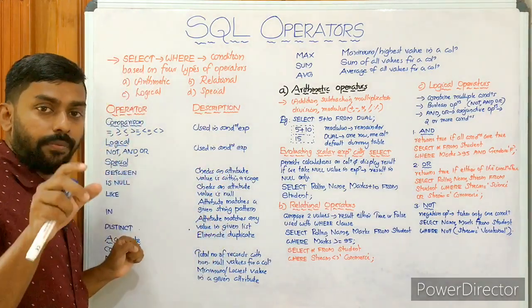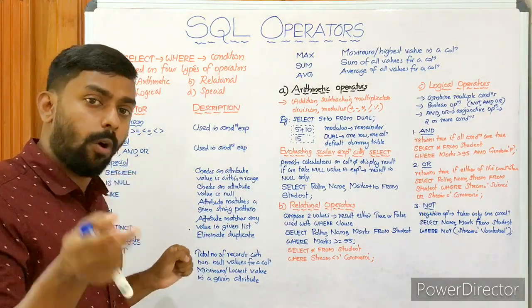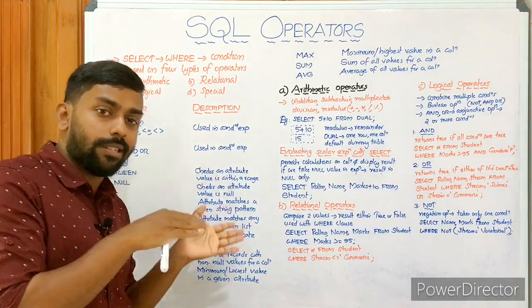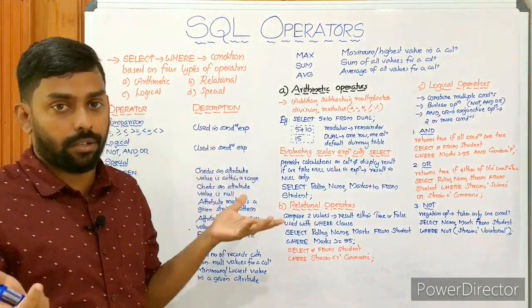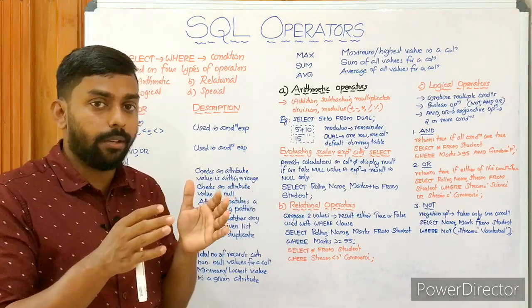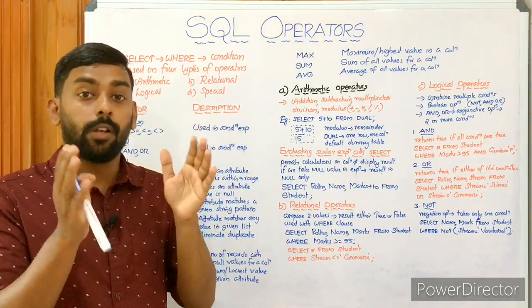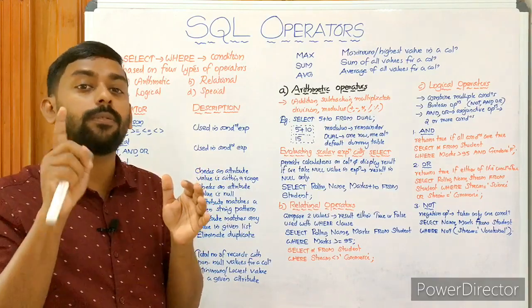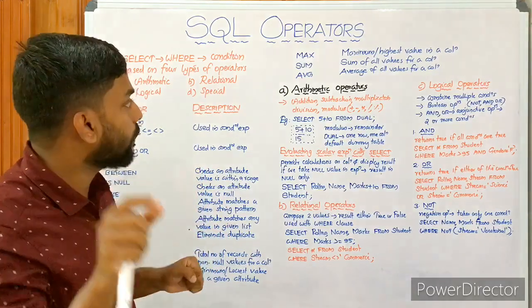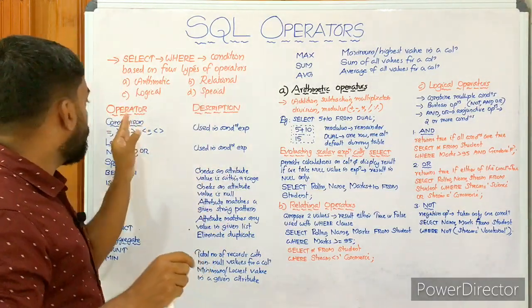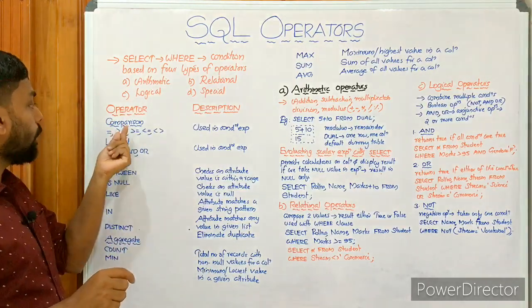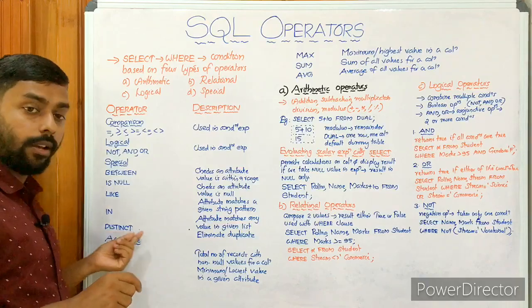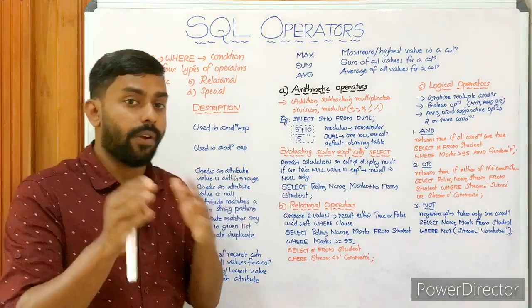So these are the aggregate functions, or we can say group functions or operators. We can consider these as operators as well. Count, min, max, sum and average. Hope you get the concept, right? All these functions work with a group of values or set of values and give only one result per group. That's it. So these are the operators and their definitions. We have dealt with comparison, logical, special operators and aggregate or group functions.